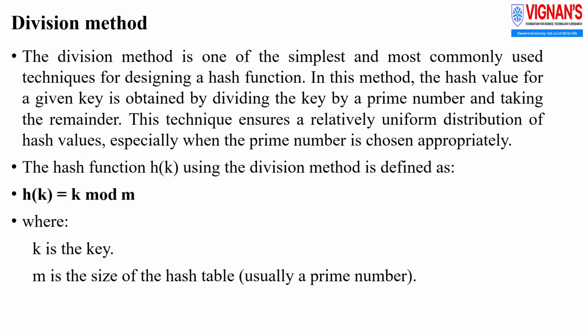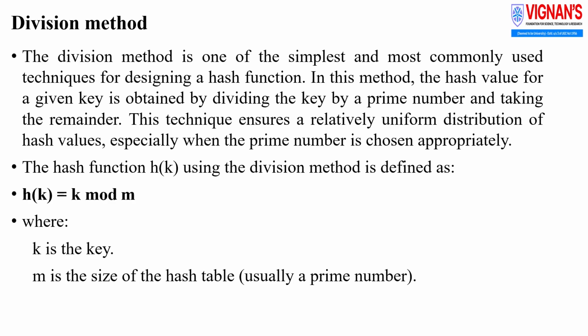Division method. The division method is one of the simplest and most commonly used techniques for designing a hash function. In this method, the hash value of a given key is calculated by dividing the key by a prime number and taking the remainder. This approach helps achieve a fairly uniform distribution of hash values, especially when the prime number